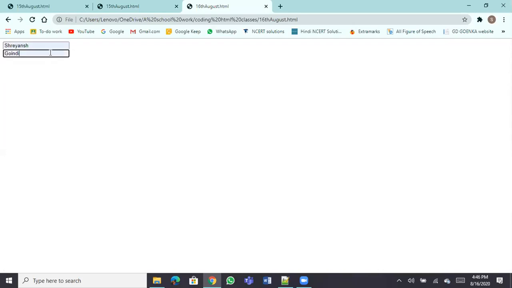In the browser it looks the same. Yeah, it should look the same because it is a text box, right? Are you also getting two text boxes? Yes, sir, I'm also getting two.